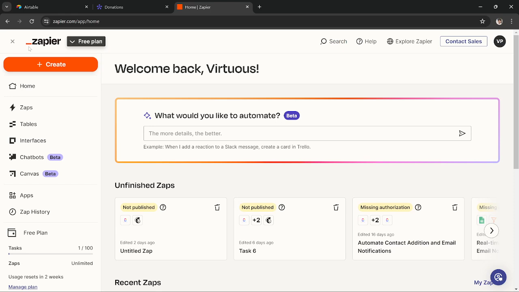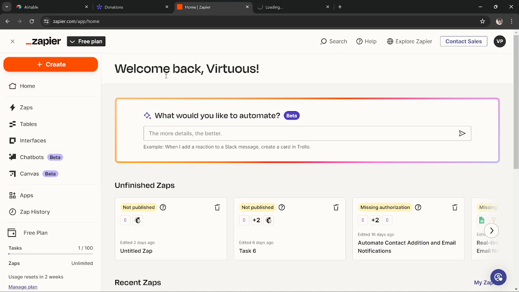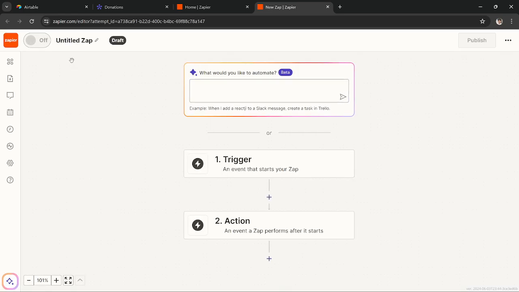I really recommend Zapier because first of all it is free and you can do some really cool automations using this free software. So go to Zapier, press the create button, press Zaps. A Zap is basically an automation between two applications. Here, as you can see, we are in our Zap editor, and you can use this AI feature, but it is not very useful. I'd say it is not ripe enough yet to use, but you can create an automation manually by pressing on